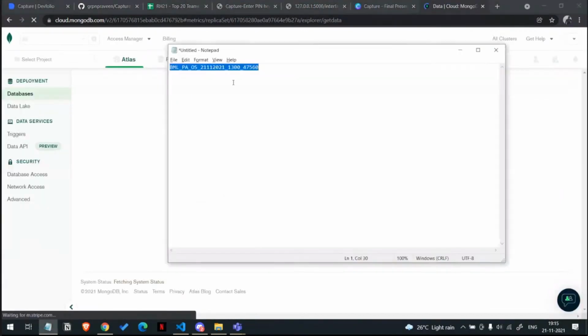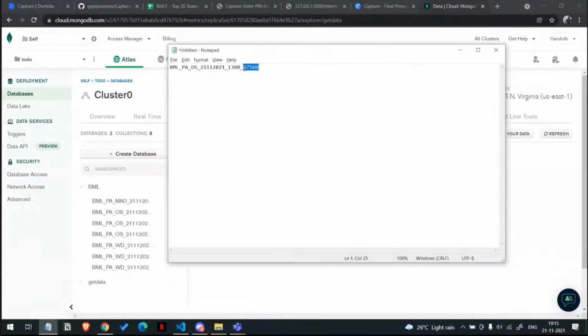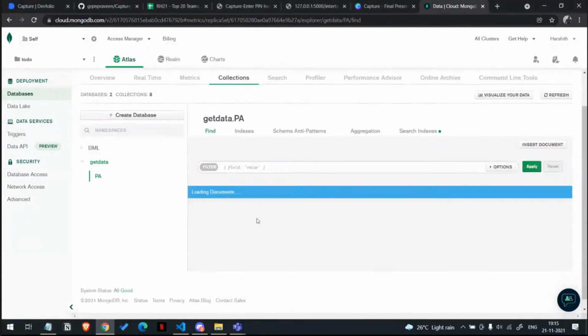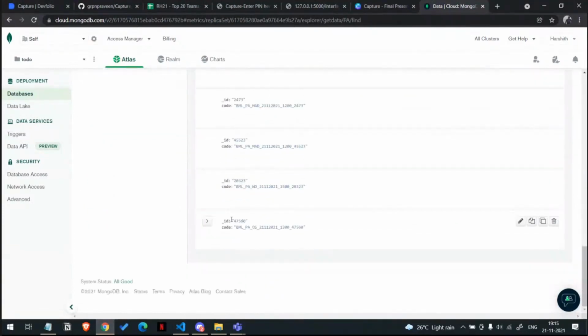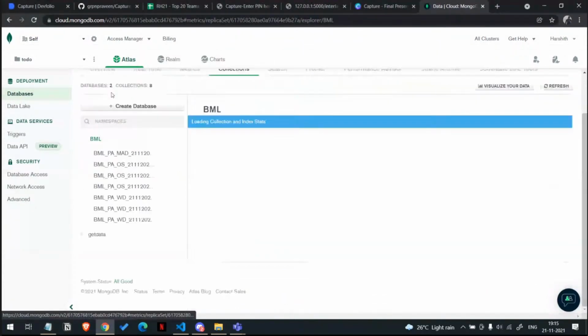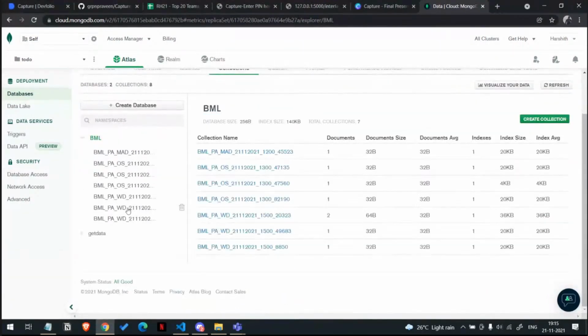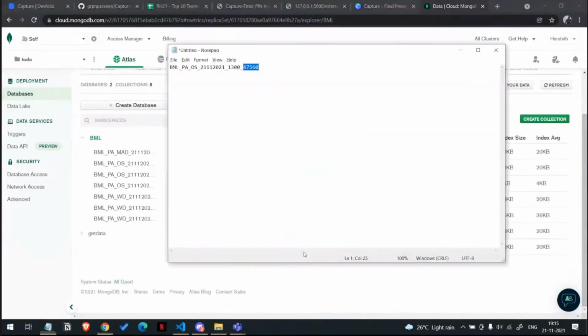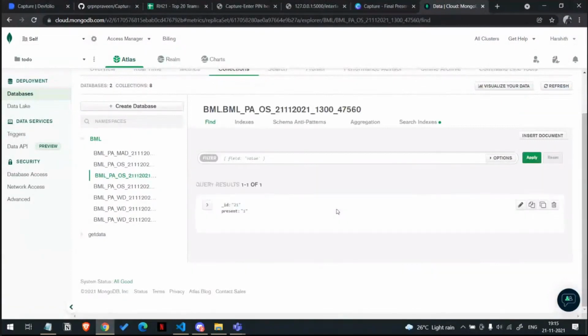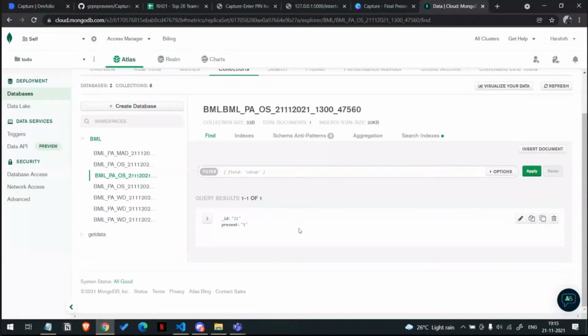This database is created initially for the faculty, with the pin 47560. Let's see where it's stored. Yes, this is 47560, our value, so the faculty can verify against that. The next one is BML, which holds all the generated codes of all the faculties. I can see 47560 over here, and since my number is 21, I should be marked present, so 21 will be present. If I give any proxy, like earlier when I tried with the Dhoni image, it should say it's not good. So that's all.